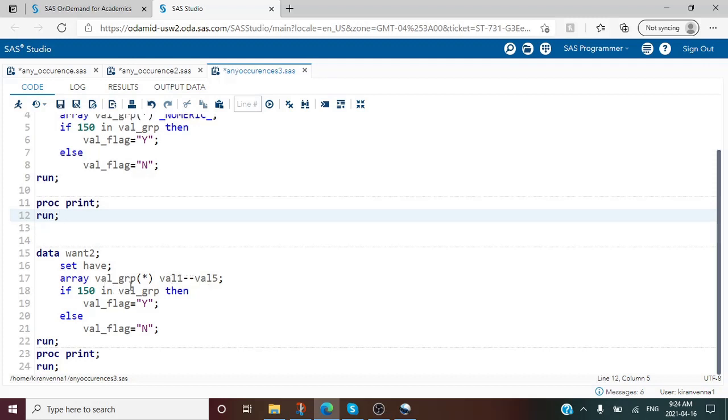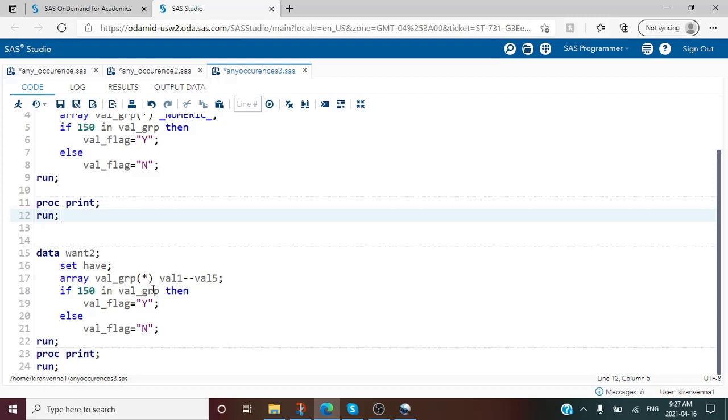That means when we use the val_group array name, we are accessing the val1 to val5 variables only. The logic and everything is the same. I am just showing you different ways you can use variable names in an array statement. There are many other shortcuts, and you can look into the documentation for those.